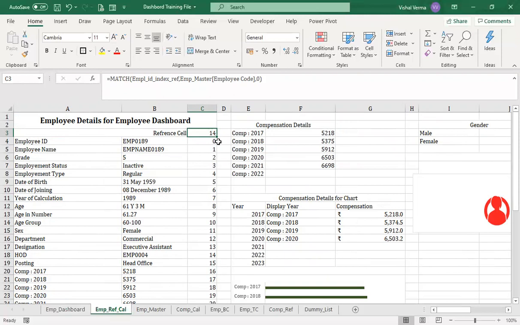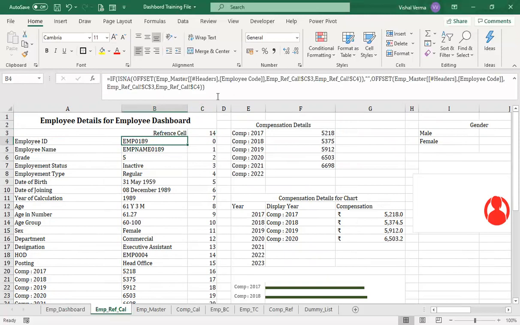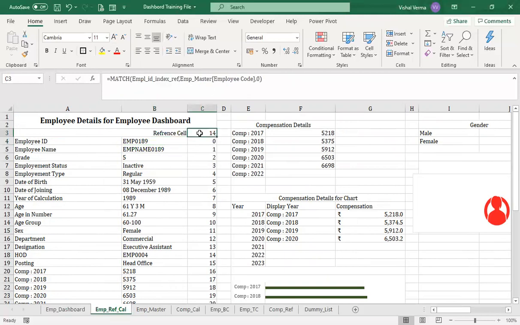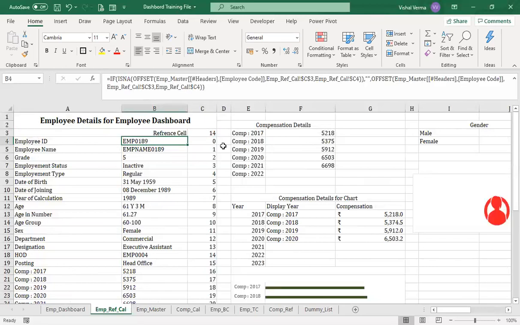That is where we get the match function, and this match function comes here and gets into the offset function, because in case of the index we get the values, in case of match we get the cell address, and in case of the offset, whatever the values are there. So the combination of index, match, and offset functions helps us get the information related to that particular employee in that row and column. That is the fundamental behind that.